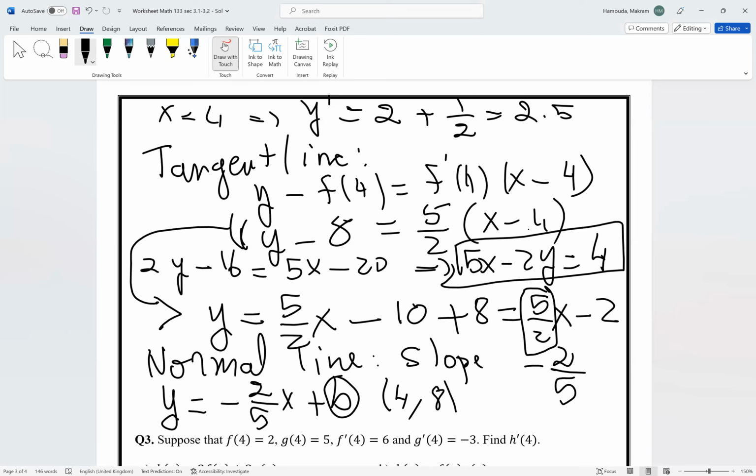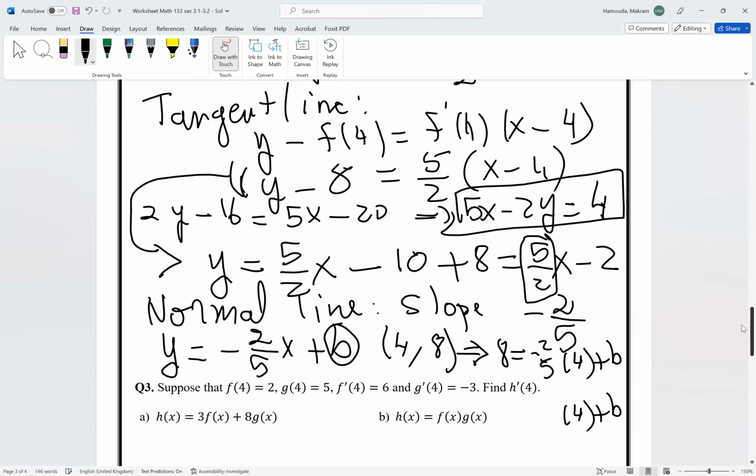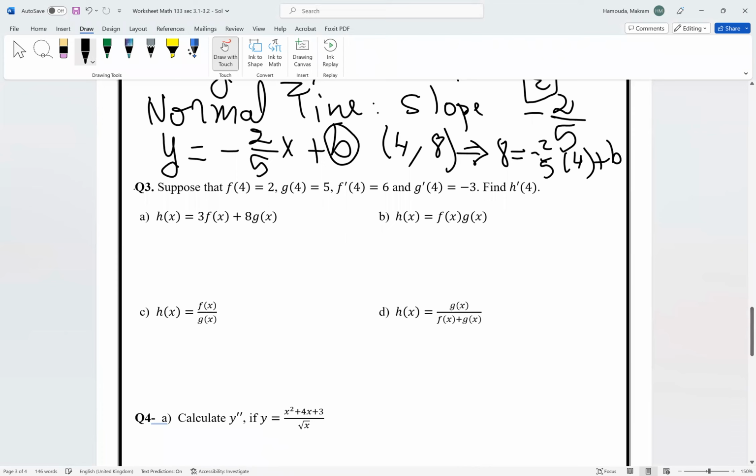okay, that's the point. This gives that 8 is equal to minus 2 over 5 times 4 plus b. And solve this equation for b. And you will find that after doing some computation, let me put some space again here,